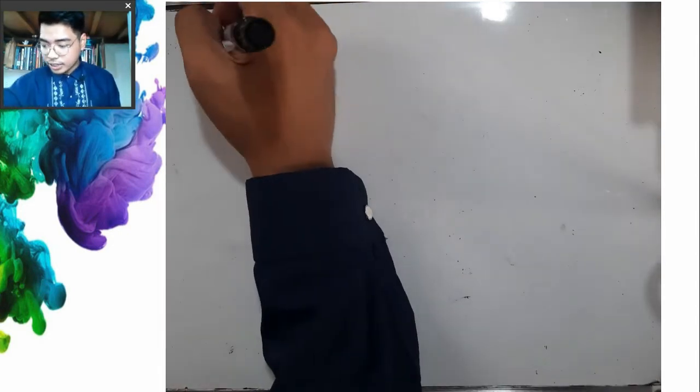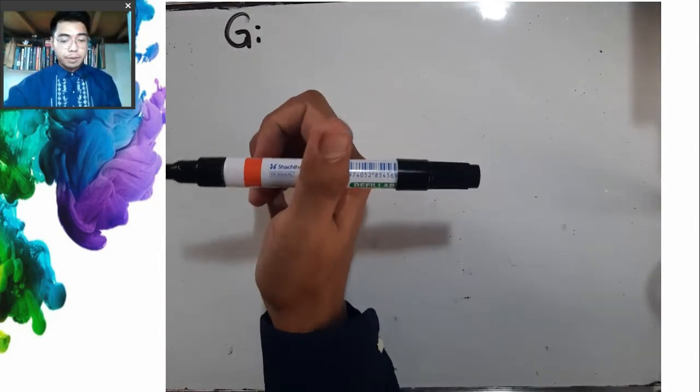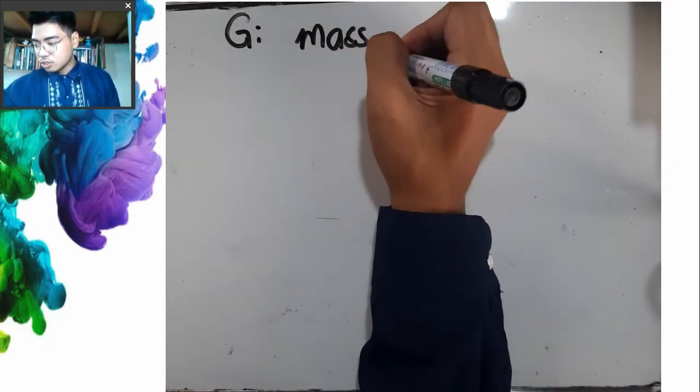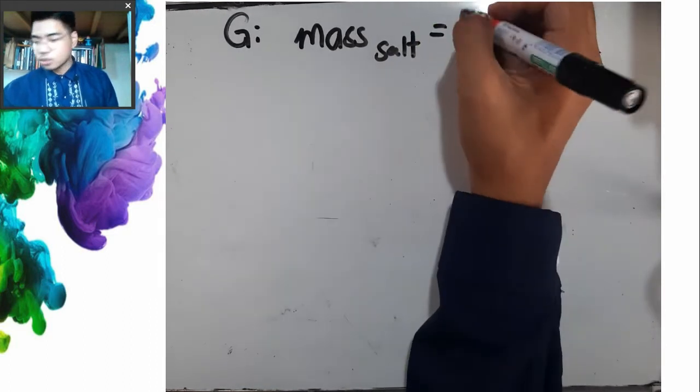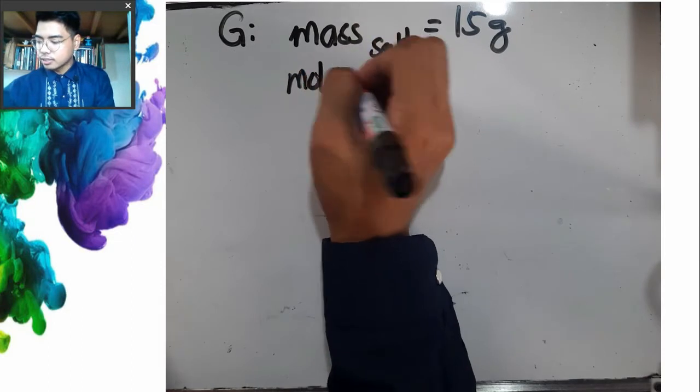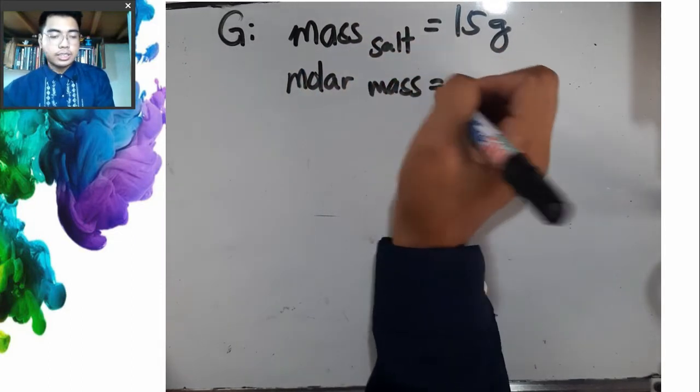So for instance, how many moles are present in 15 grams of salt if it has a molar mass of 58.44 grams per mole? Okay? For us to get the number of moles present in this certain type of material, these are the things that we are going to do. So once again, based on this particular problem, we have here the given, which is the mass of the salt, which is equivalent to 15 grams. Then the next one, the molar mass of salt, it is now equivalent to